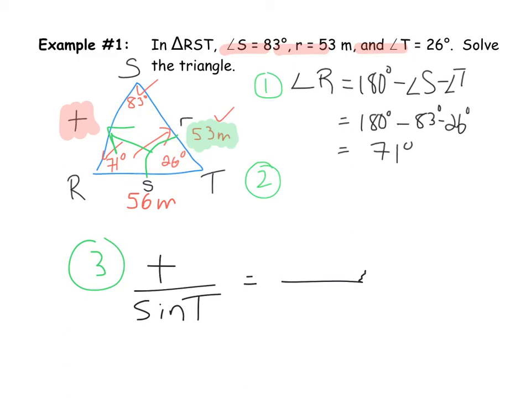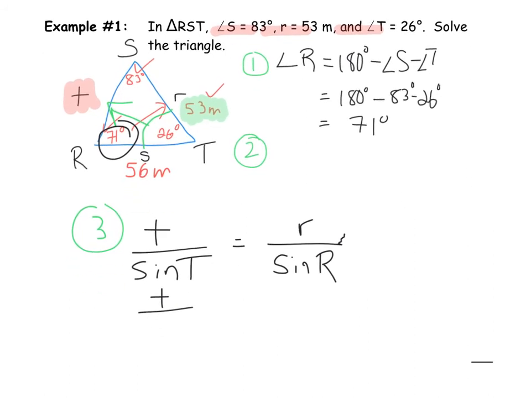And so I would, because I'm fairly confident about angle R, and I was given little r in the problem, I'm going to go and use the information for R as opposed to for S. But if I've done S correctly, there's really no difference there. All right, so there I go. I'm going to go R over sine of angle big R. Now I'm going to fill in my information. So T over sine of 26 degrees is equal to my 53 over